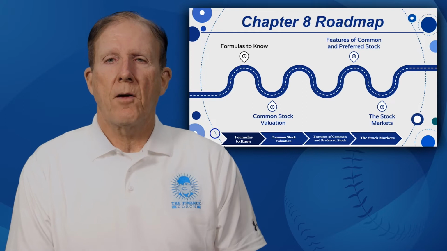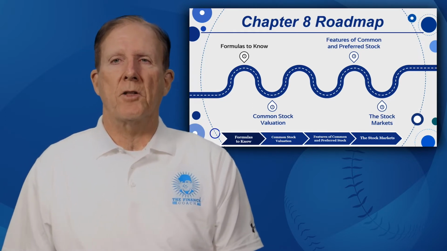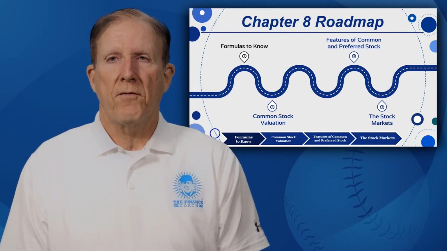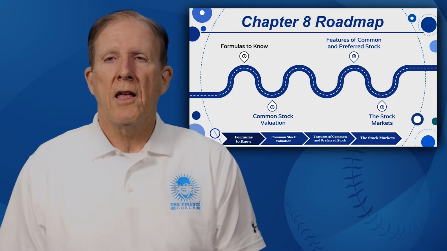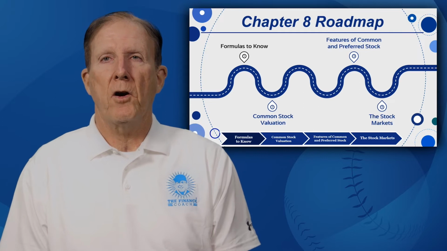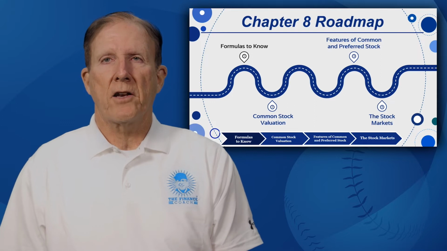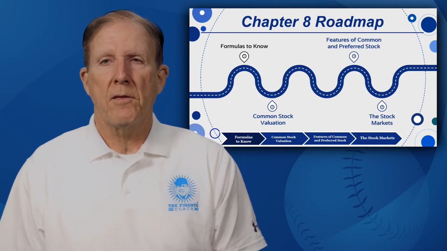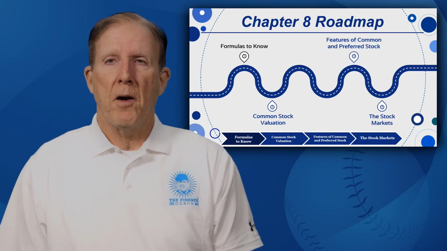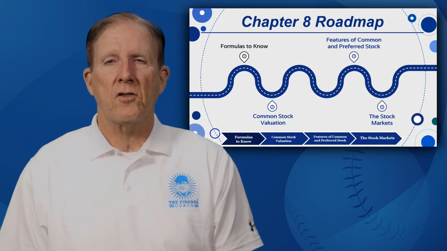We'll also look at some features of common stock and preferred stock. How is preferred stock different than common stock? And what are some of the key components of a preferred stock versus a common stock? And finally, stock markets. Where do we buy our stocks? Where do we buy our IPOs? Can we buy IPOs? And where do we get our secondary market transactions, which is generally where you and I play in the stock markets? And where exactly do we buy these stocks and how do we buy them? We're going to talk all about these 4 things in session number 8.